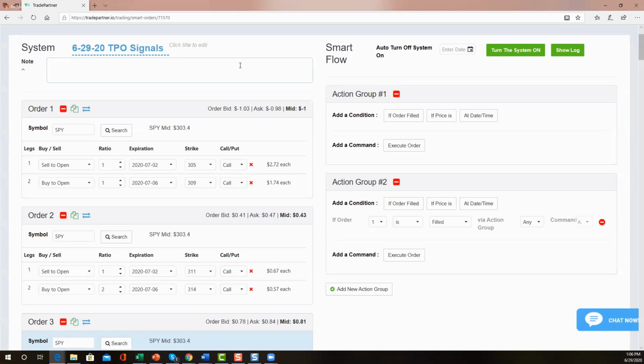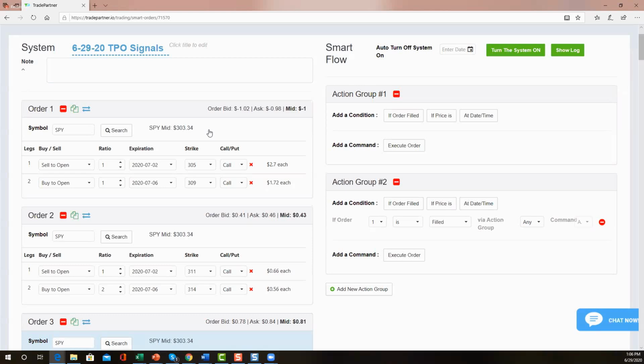That's the day I got hurt, by the way, because I didn't follow my own instructions. But nonetheless, here it is, a bearish and a bullish. The bearish is the 305, 309, and that's actually a bearish neutral because the market's trading at 303.33, and it's coming down on us as we speak. That's why I wanted to hurry up and get in. I really wanted to get this at a higher price.